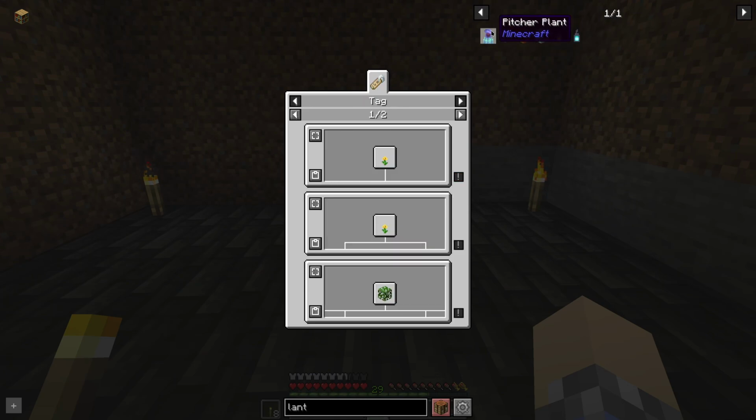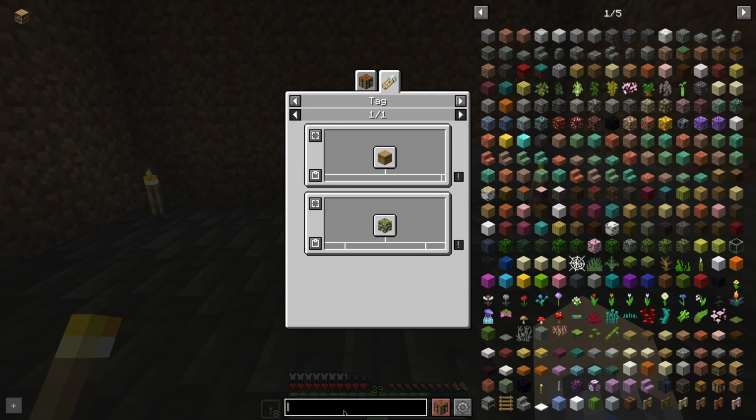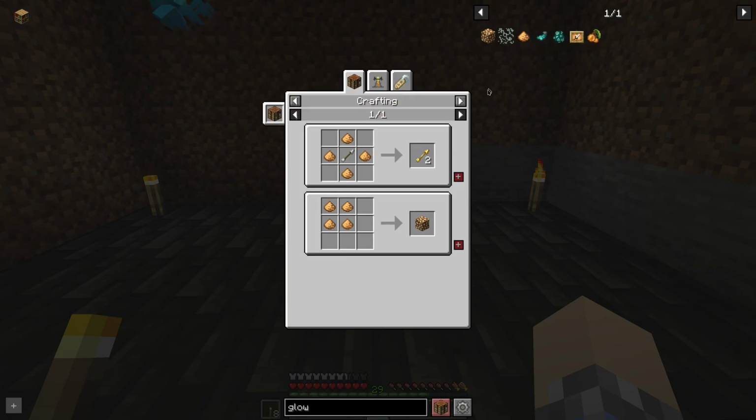They look cool. Pitcher plants. Sounds made up. The chorus fruit is just not a lantern. I guess it's saying plant, right? When it's looking at the lamp there. Are there other light sources? If we look up glowstone, right? Here's my thinking. If we look at uses for glowstone, it should show...